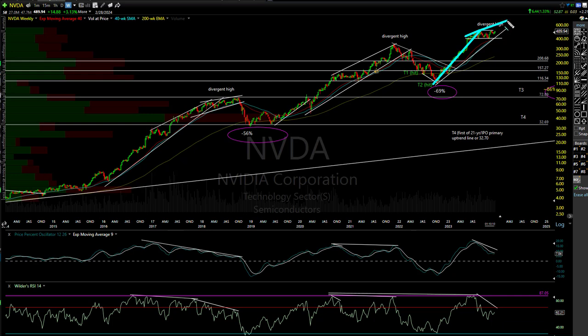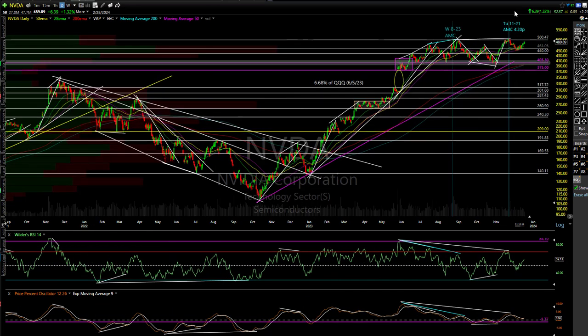This one has plenty of room if it wants to. You can look at the indicator, severely lagging. If it wants to go up for a few more months, rally into January, February, maybe first quarter next year, easily see that. This one, all I can tell you, and as I told you before, I've been harping on this chart for months since back here.